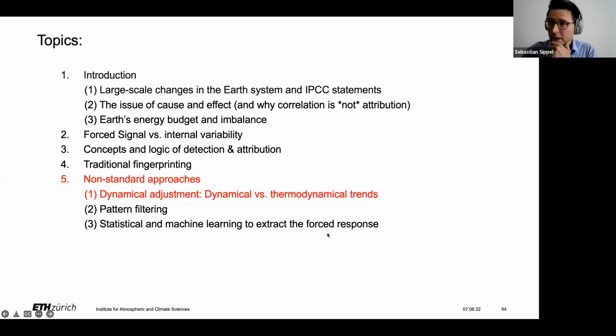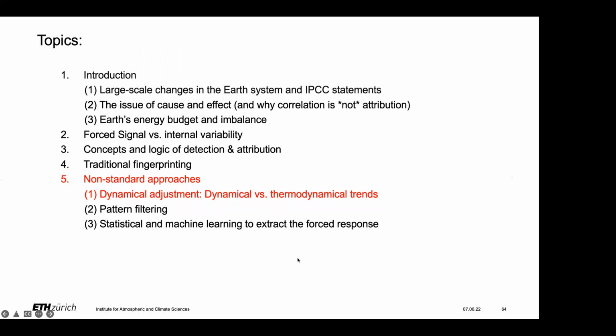Okay. If there's nothing right now, I would like to make a brief overview, I think 25 minutes or something, on these non-standard approaches. Maybe I'll just jump in. I'm trying to hold back, but